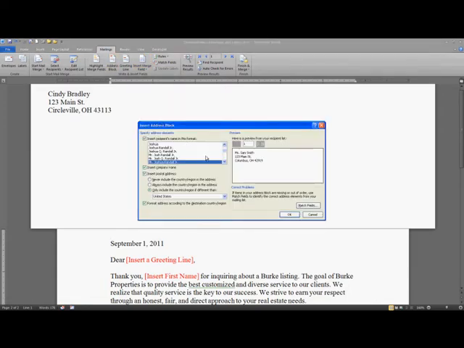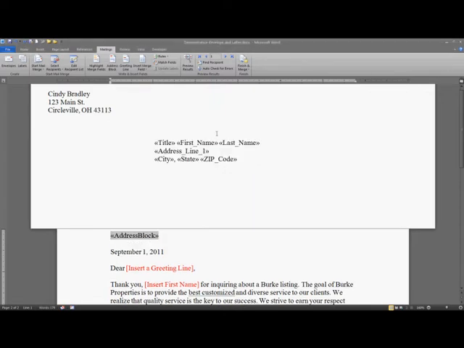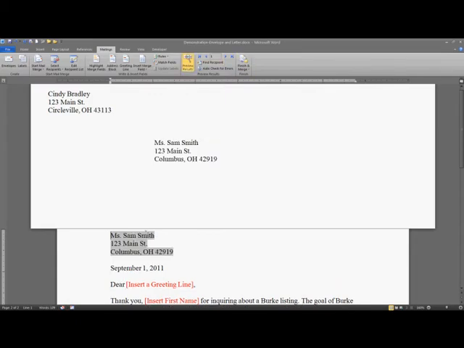So I'm going to go ahead and click on address block up here at the top, and it's going to ask me how do I want things to look, so I can choose different formats, and it's going to allow me to preview it over here to the side so I can see, scrolling through all three options, that it looks appropriate, and I can click OK. But now what is shown up here is all covered by an item called address block. So you can see now that that address block is really the fastest way to accomplish what I did up